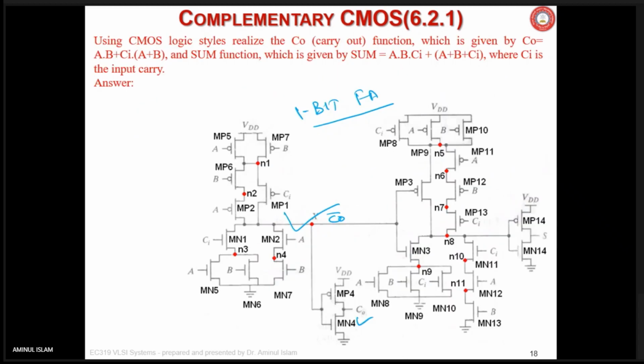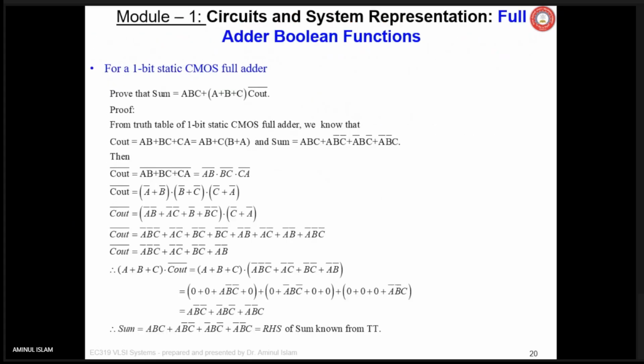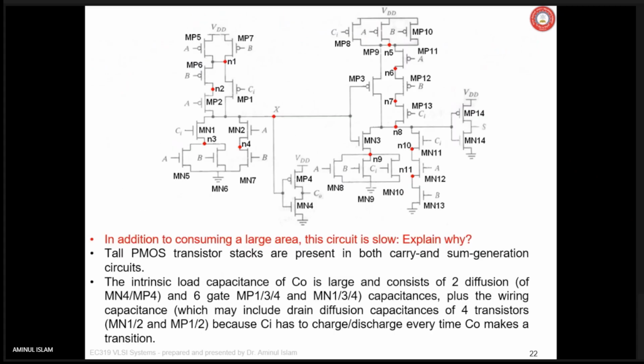This is the polar circuit I was talking about. One student's case I was telling, this was drawn in a different way. And obviously drain diffusion capacitance was larger, so that was the case. I think you don't have any problem in this. Now, a few things to be understood here. If not discussed earlier, you must now understand. This is the polarized circuit, and certain problems are there in this that we are going to discuss here.